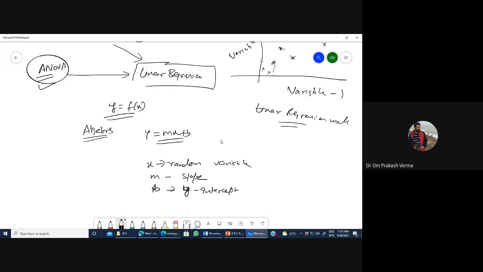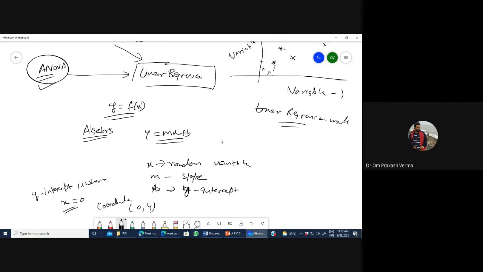How do you find it? You can find it where x equals 0. That coordinate is fixed: 0 comma y.